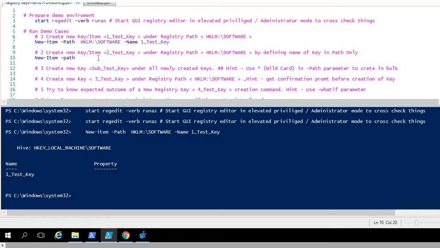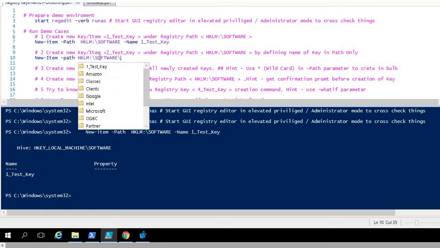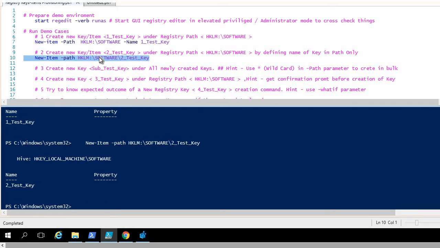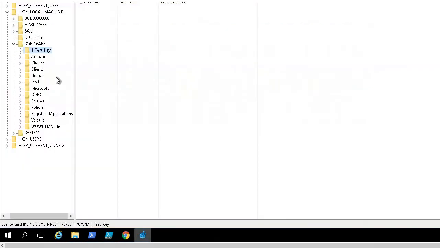We also need to provide the registry key name in the path only, like 2_test_key, and let me run this. As you can see this key also has been created and we can cross check it in our registry as well. As you can see we have this key as well.